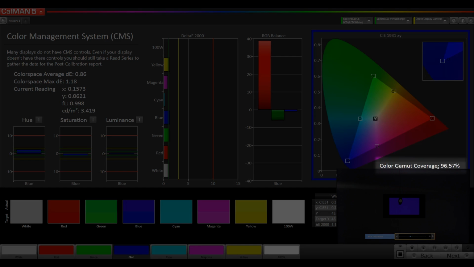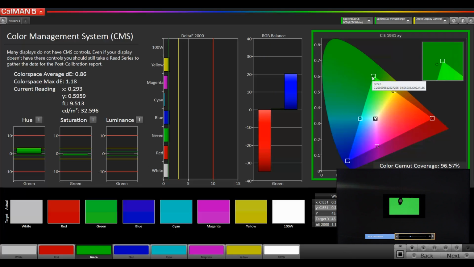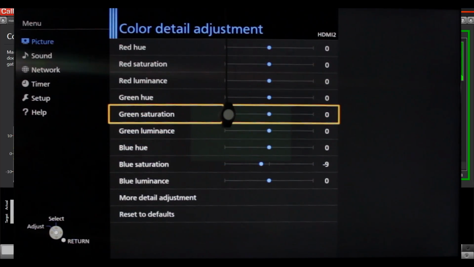As you can see, I've got 96.57 gamut coverage to the Rec. 709 color space. I don't think there's much adjustment else to make. We could take a look at green. Maybe we can try and fix some of the hue shift in green. So to do that, I've got green selected, go into my menu, find the green control, and in this case,